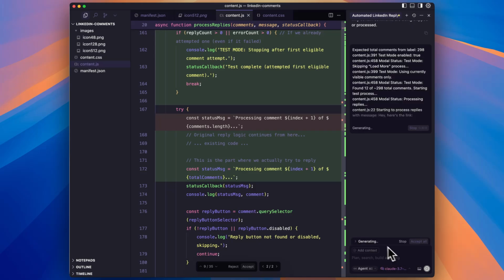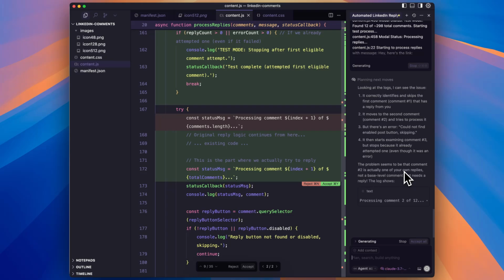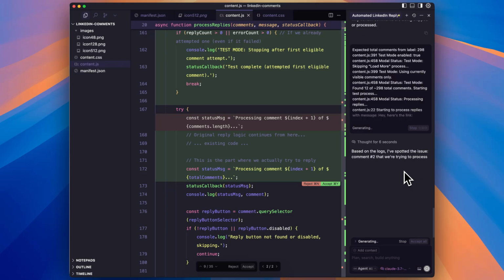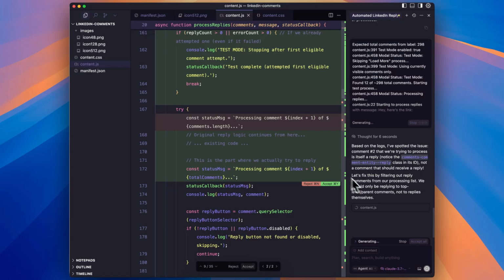Okay. Okay, so Claude thinks it's spotted an issue, but Claude always thinks it's spotted an issue. So I will believe it when I see it, friend.